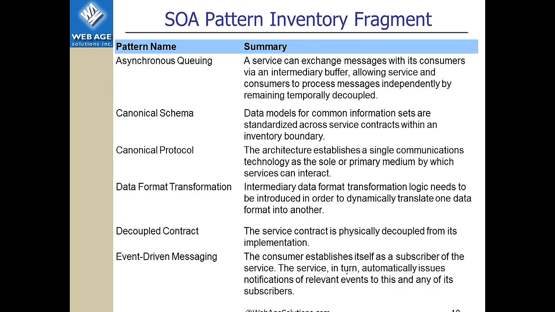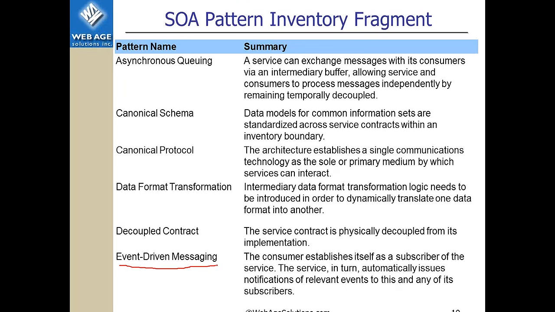I guess let's start from the bottom, because it's more of a newer pattern, event-driven messaging. That pattern is based on having consumers set up as subscribers of a particular service, and they expose callbacks, methods or functions that can be called by the service in response to some events.